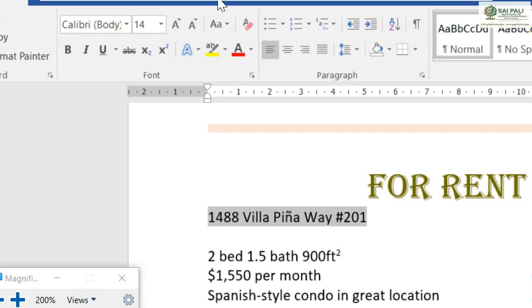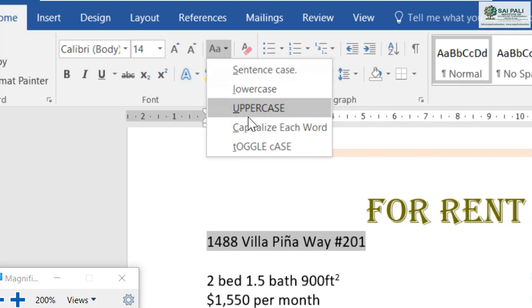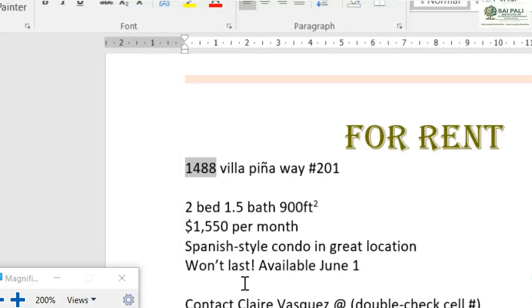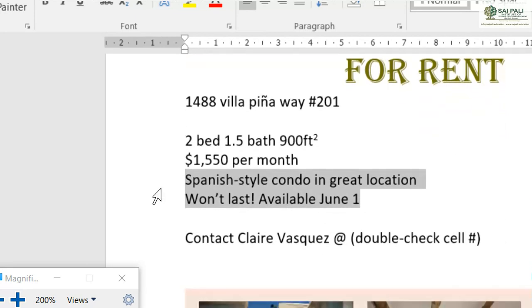That is what it does when you select Capitalize Each Word, or by default it will be this one, Sentence case. Now it will make the first character of the line capital, and then the rest of the characters will be lowercase. But now it is not doing this because this line is starting with a number. Let's say this line is starting with a letter. So let's say I want to do it for these.